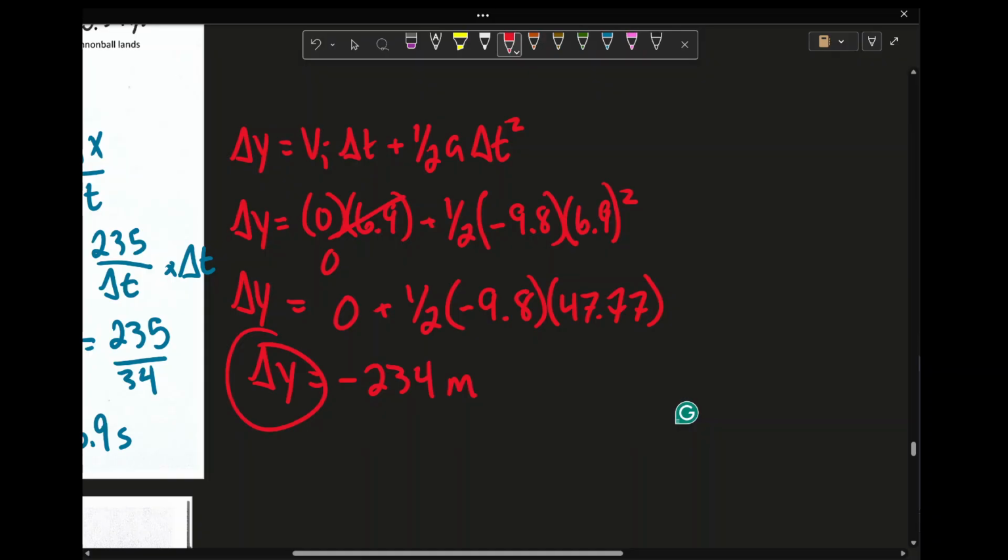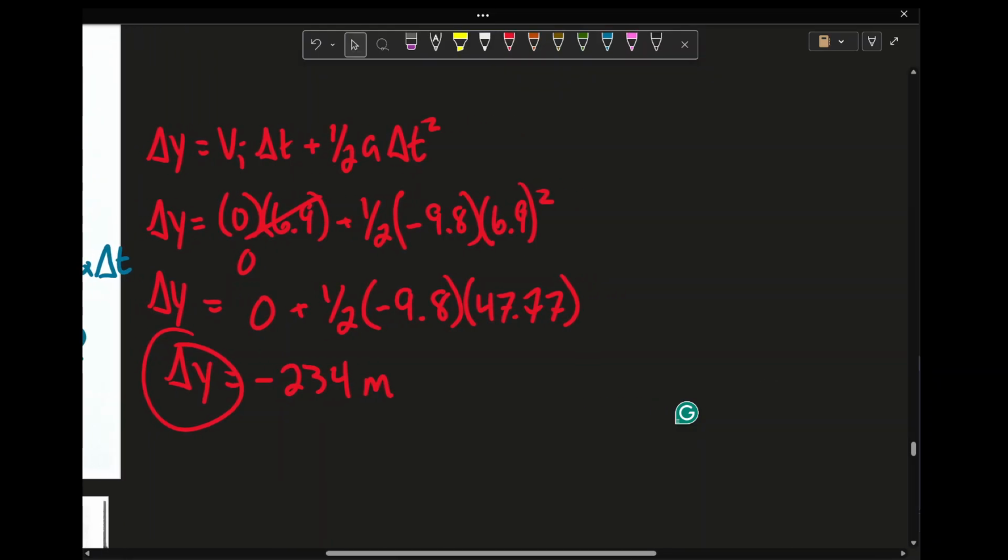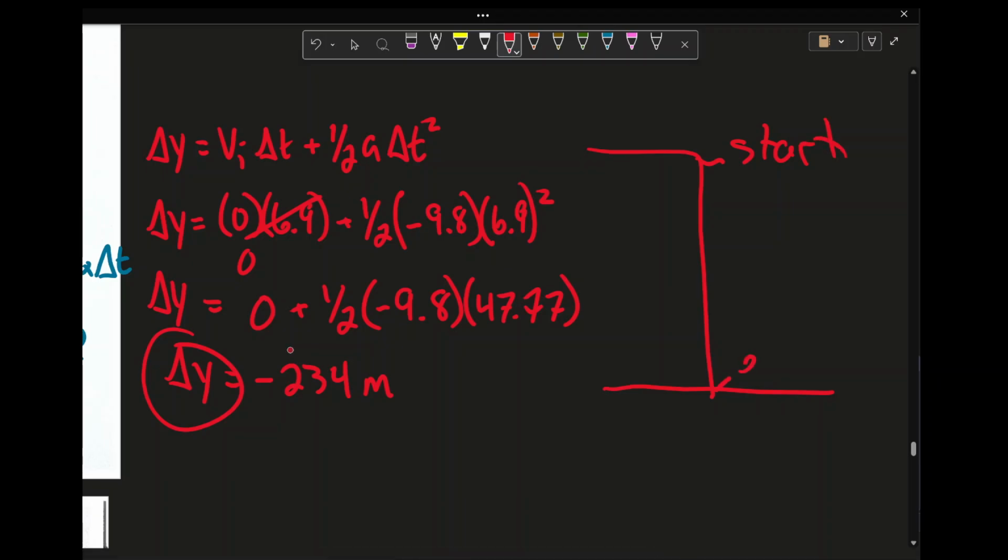Delta y is your vertical displacement, meaning from where you started to where you ended. So if this is our building, this is where we're starting, and this is where we're ending. So if this is our drop, that is our vertical displacement, which is negative. So we're going from up high down to 0, which is the ground. Therefore, the height of this would just be the absolute value of that, which is just a height of 234